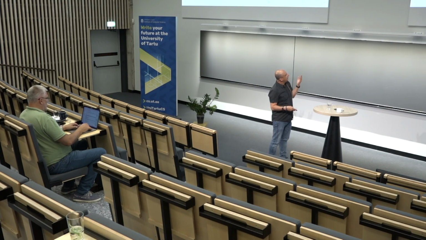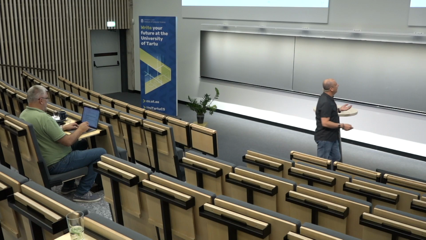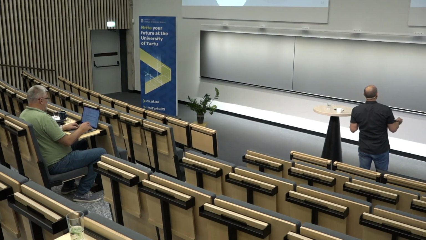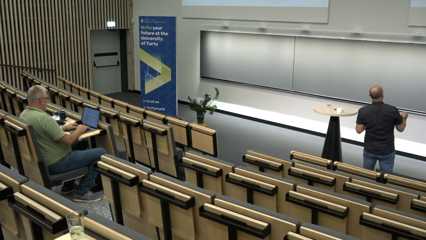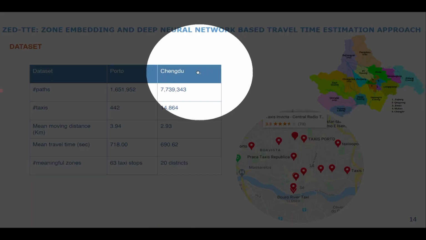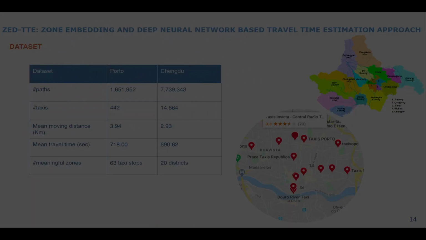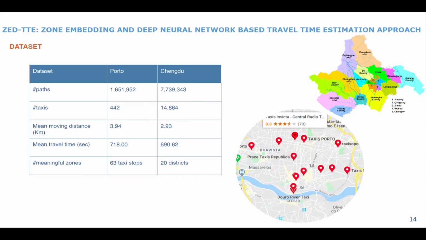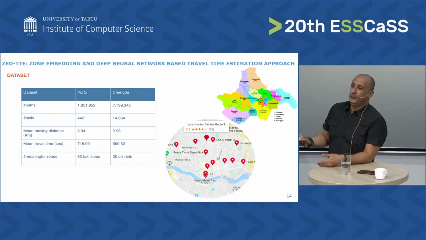So this is the ground. This data layer was used at Porto and Chengdu, the one used by all the approaches that we compared to, and when I told you that they are the best of the best. And this work was published in a conference. So it means that we know who our competitors are.